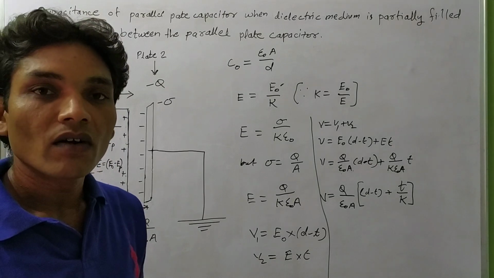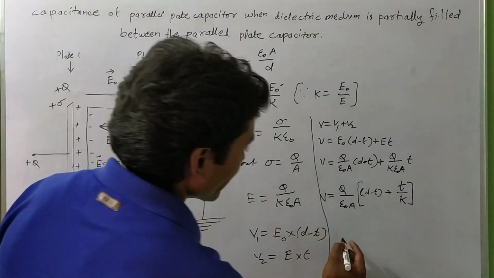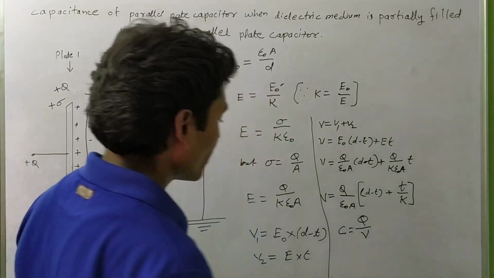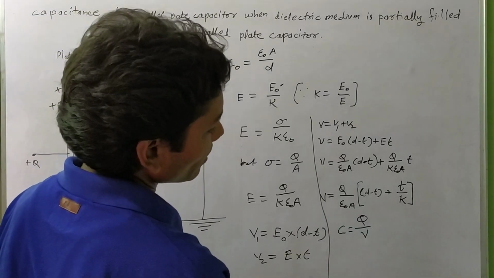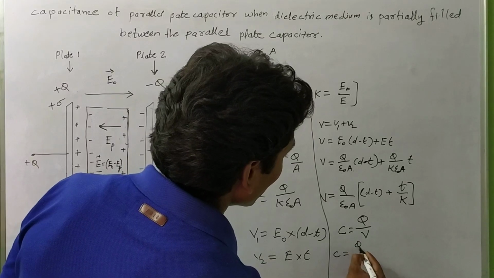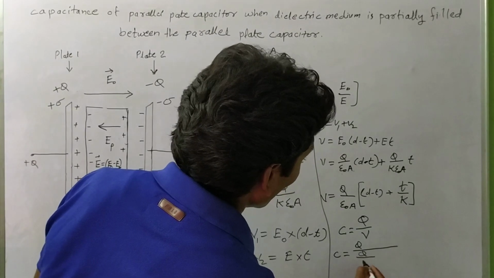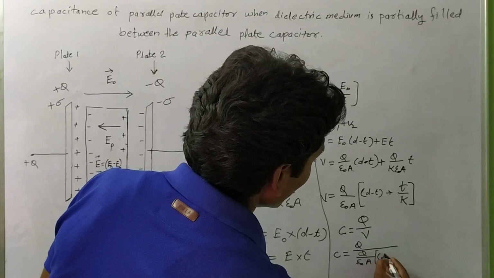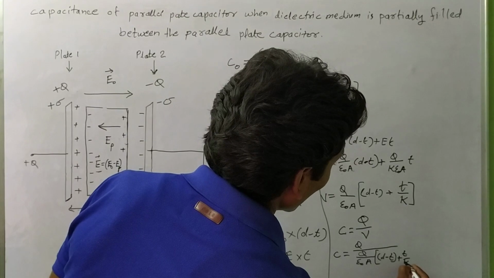So now we have to find the capacitance of the parallel plate capacitor. The formula is C equal to Q upon V. On putting the value of V, C will be equal to Q upon the value of V, which is Q upon epsilon naught A into (d minus t plus t upon K),